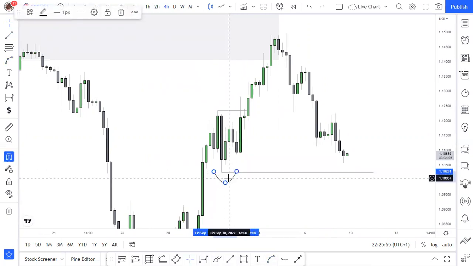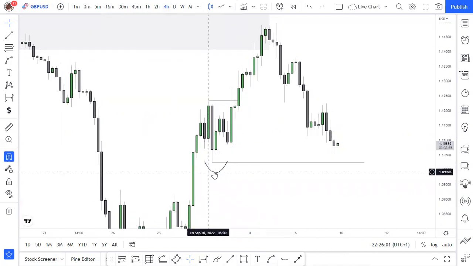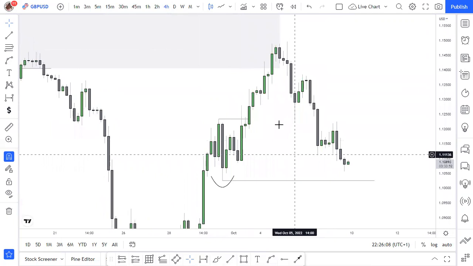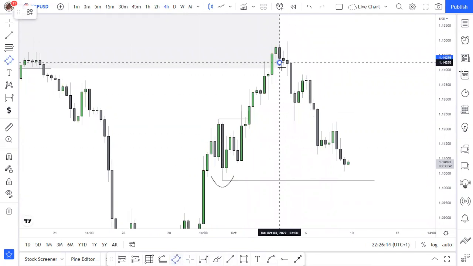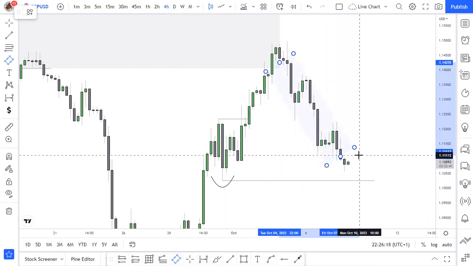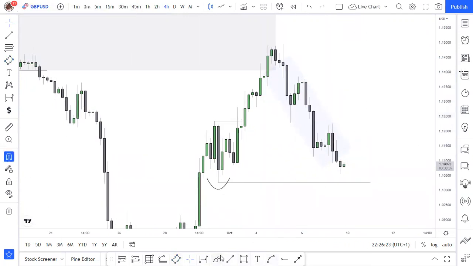So the structure on the 4 hour is still bullish, and it's looking as if we are trading within this range, and this is some kind of pullback,